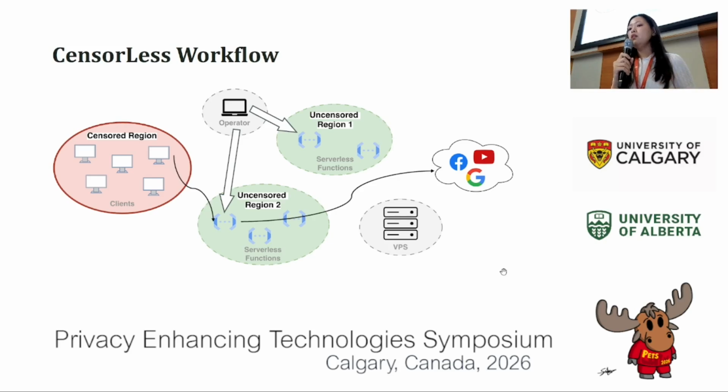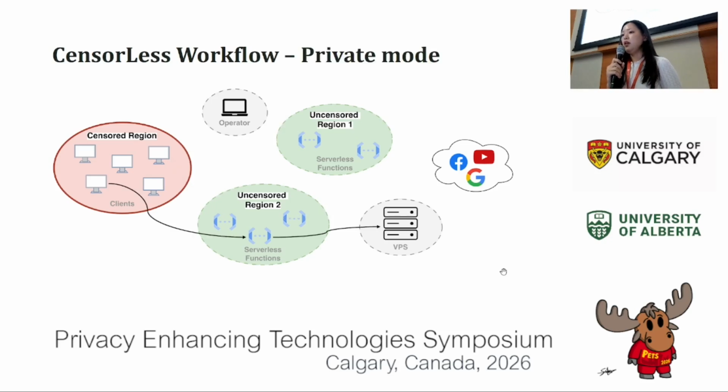So the client redirects the following request to the next Serverless bridge. And as you can see, the Serverless bridge sits in the middle, so it can see every raw content from the clients. So we additionally adopt a VPS server to provide privacy and anonymity. First, clients and the VPS exchange the public key and establish an encrypted channel